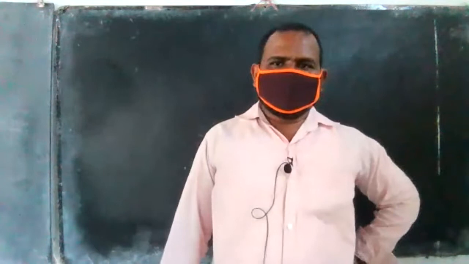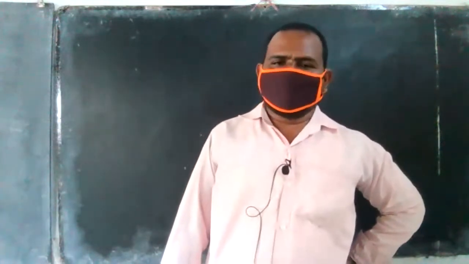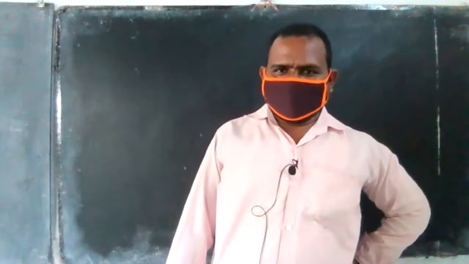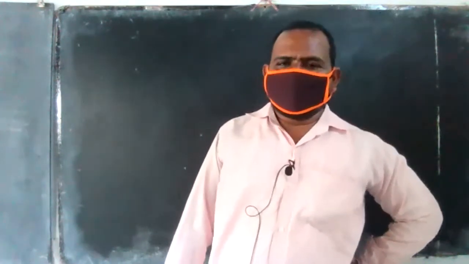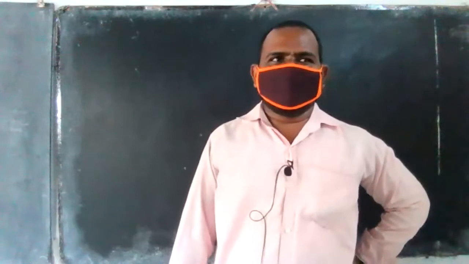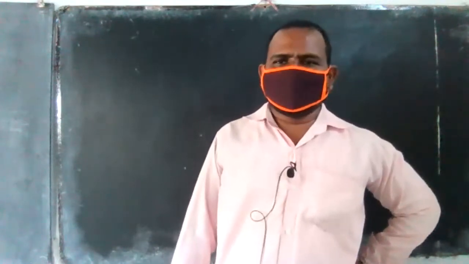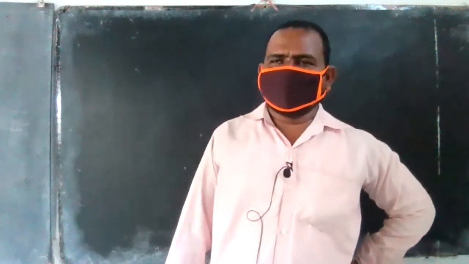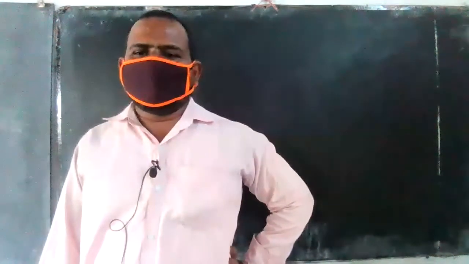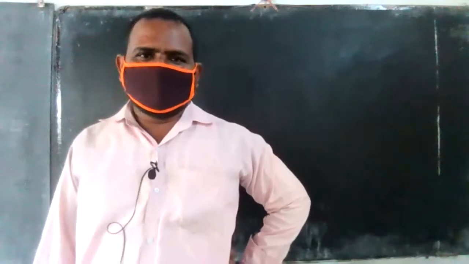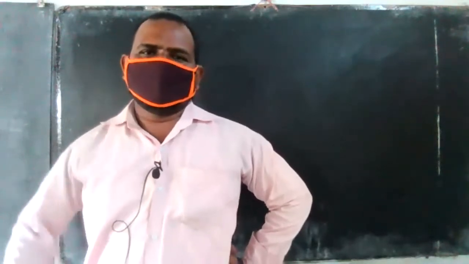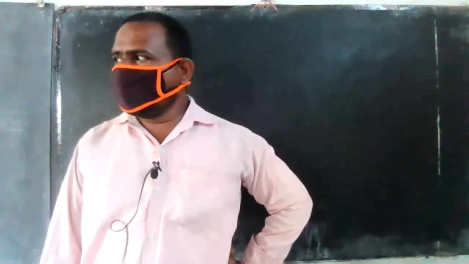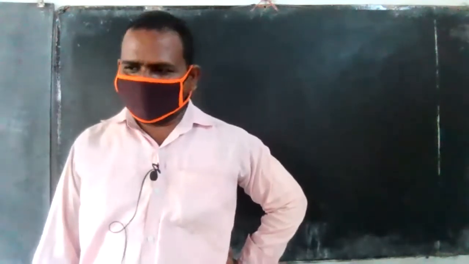So yesterday I discussed more about chemical equations, balanced and unbalanced. I discussed balancing in two methods. One is the trial and error method, and the other is the mathematical method. In the trial and error method, only the coefficient numbers can be changed to balance the equation.